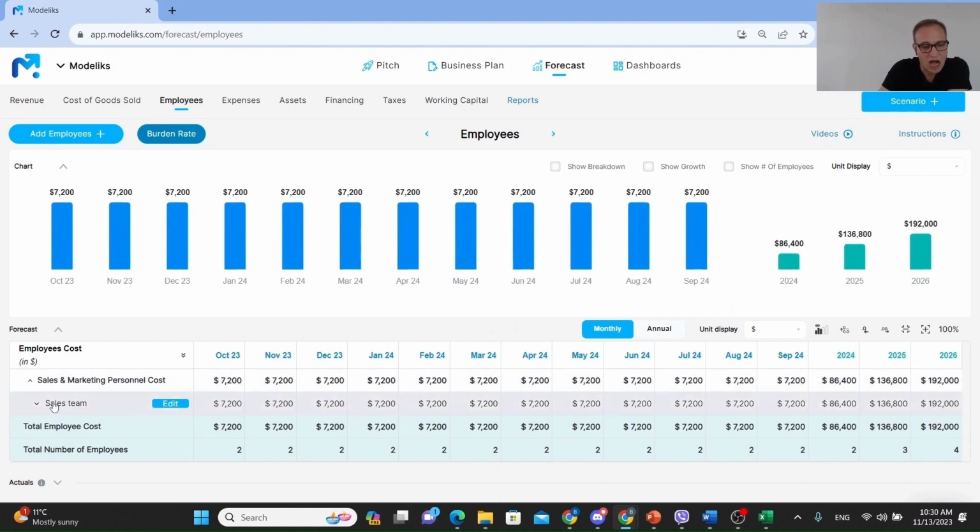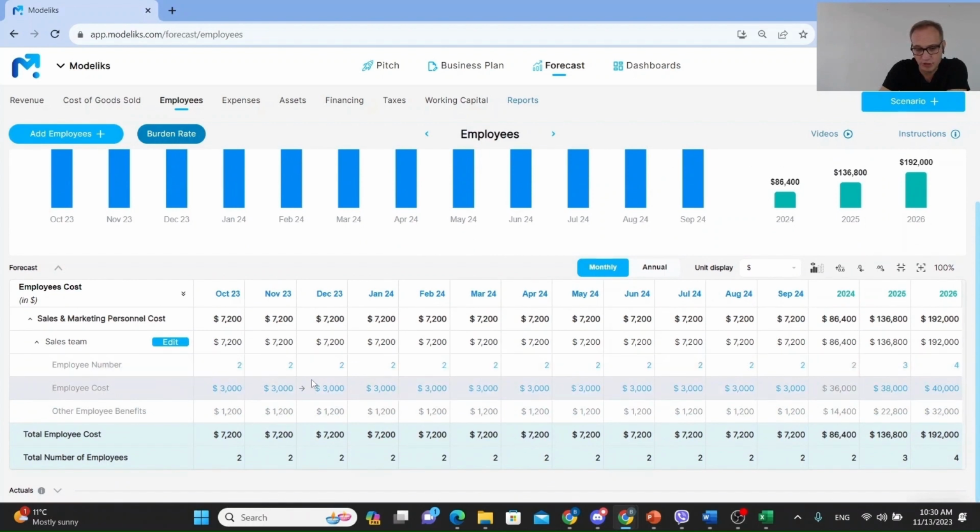And that's it. Our employee cost for our sales team has been calculated based on the number of employees that we inputted and the gross salary per employee. Now, previously we talked about actually setting a formula to calculate the number of employees instead of actually writing the number of employees that we have in our financial model, because we want to calculate the number of employees based on the drivers that influence the number of employees we will need to hire in the sales team over time as our business grows. So how do we do this in Modelix?